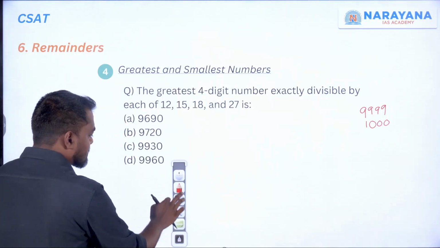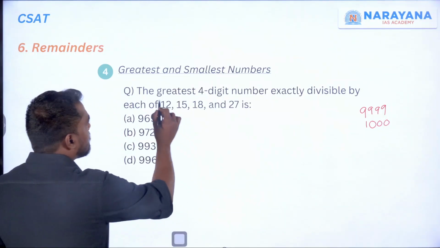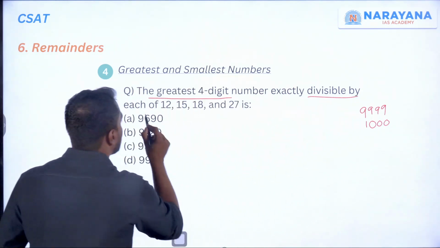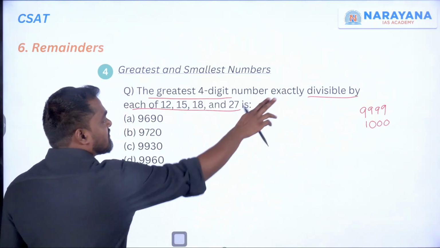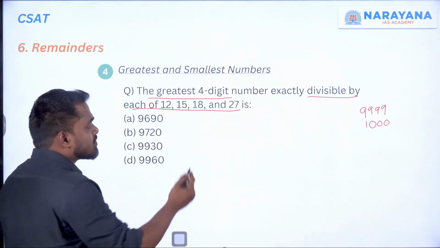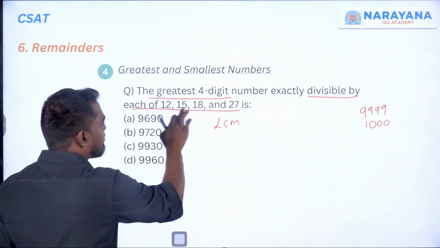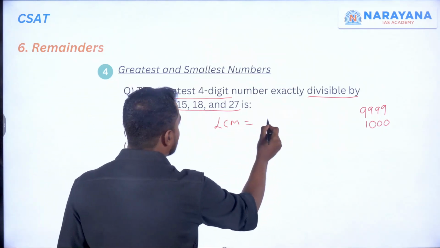Now whenever the question is like this, what is the greatest 4-digit number that is divisible by each of these numbers, then you have to find the LCM first. So what is the LCM of all these divisors? That is 12,